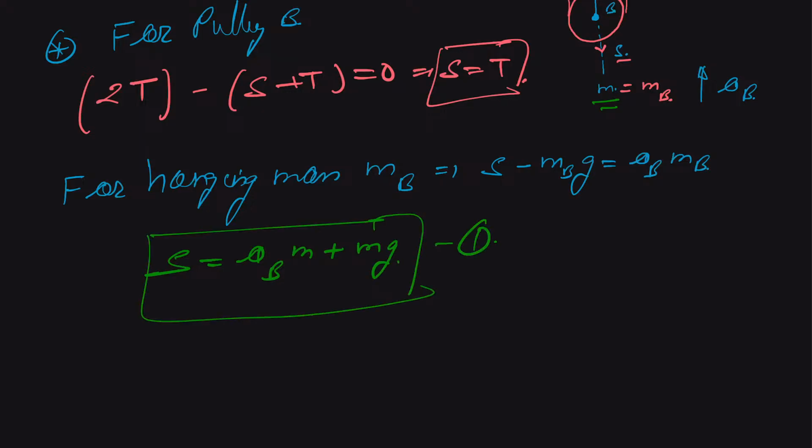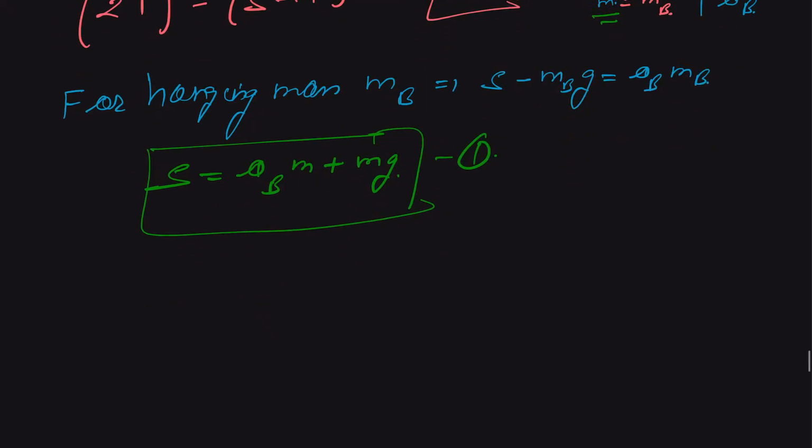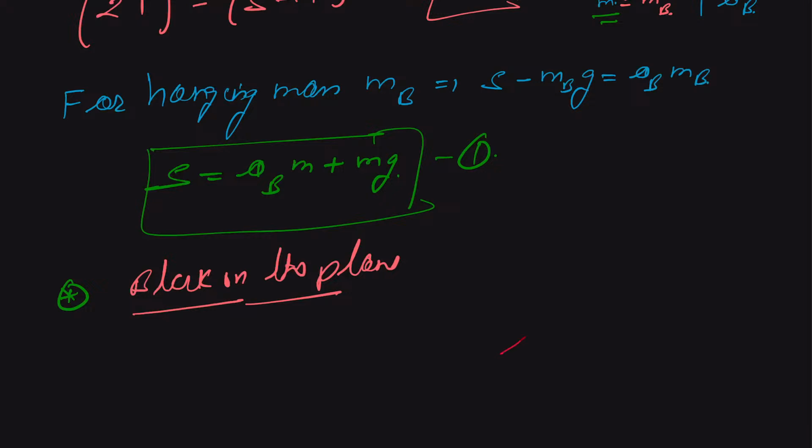So this is equation number 1. Okay. And now we come to the block on the plane. So we can say that our block on the plane, and this is an inclined plane at an angle of 30 degrees, and we have our mass M, and for the sake of convenience let us call this M of P, mass of the plane. Okay, so let us call this as our M of P,